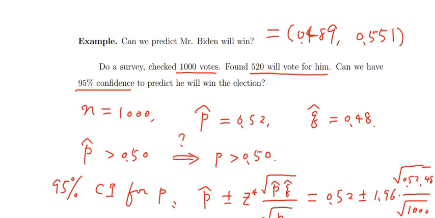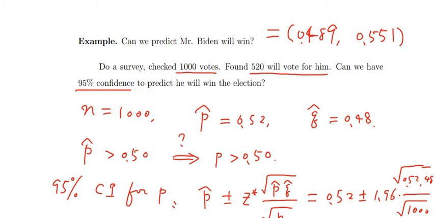Okay, so this interval means the true percentage, or the percentage for all people, will be between this